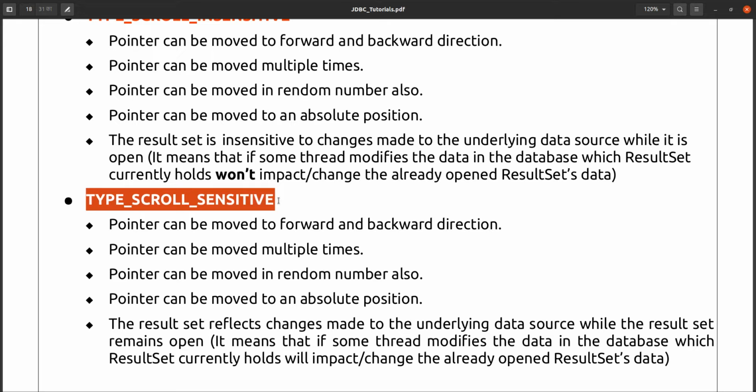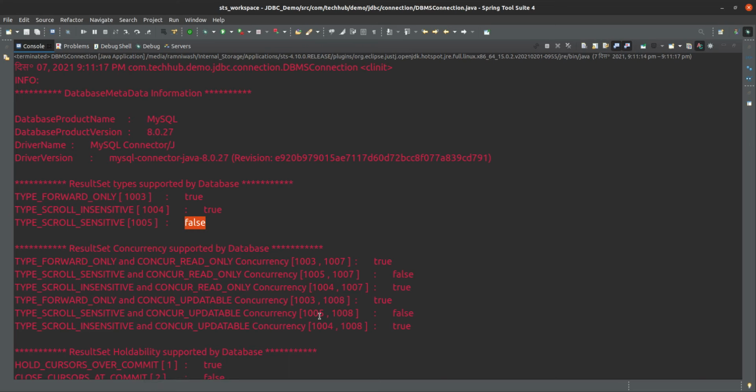Your result set will sense when the data is changing. It is not necessarily supported by every database: some databases support that feature, some do not. So that is what we are checking here. Whether type forward only is supported by your database? Yes, our MySQL database is supporting this one.